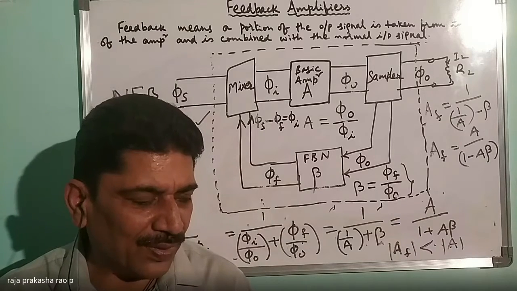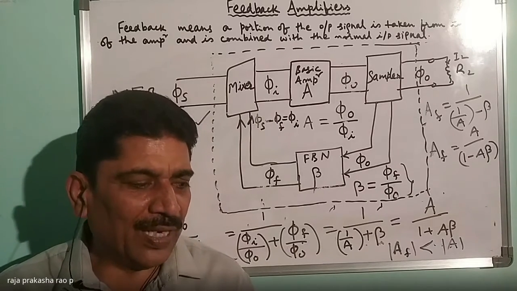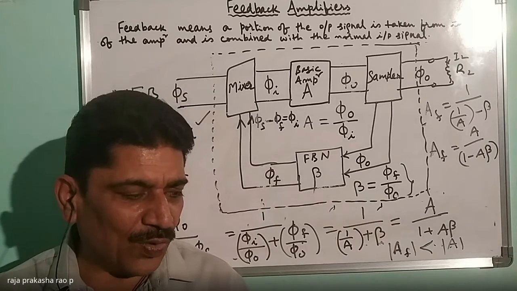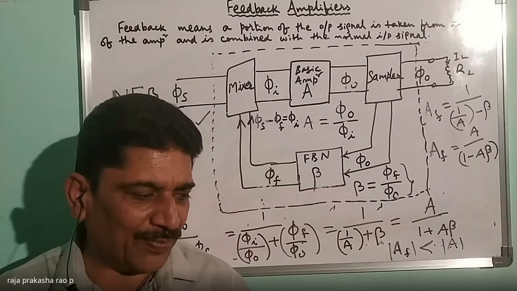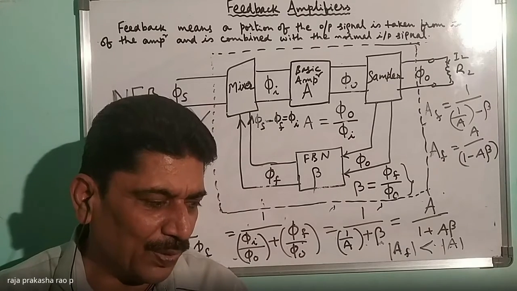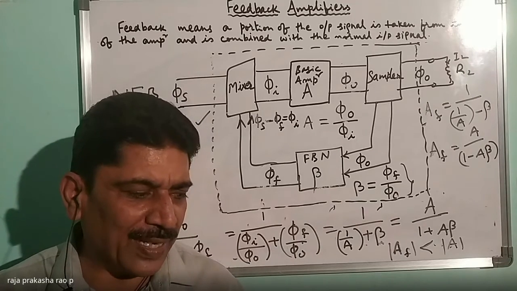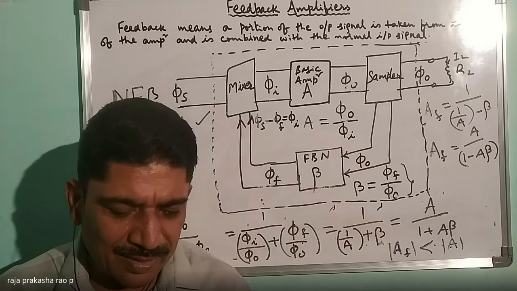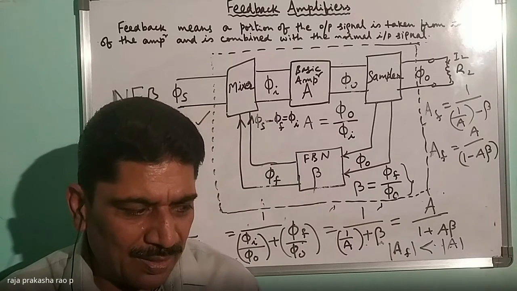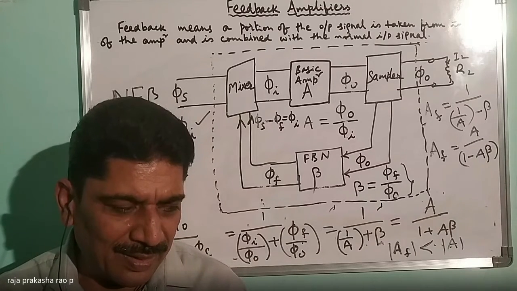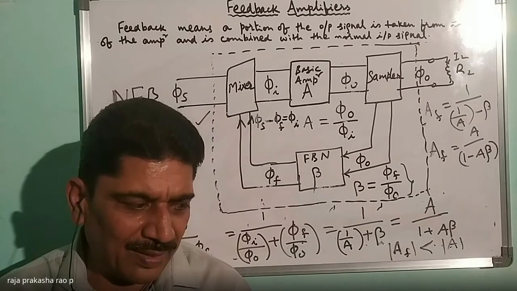5 is the output. So 5F is nothing but a portion of the output signal. What is 5F now? Beta is equal to 5F by 5. Convinced or not? Yes, sir. Beta is equal to 5F by 5, input to 5 to output to 5F. So beta is equal to output by input. So 5F is equal to beta into 5. Certainly this beta into 5 will be less than 5.